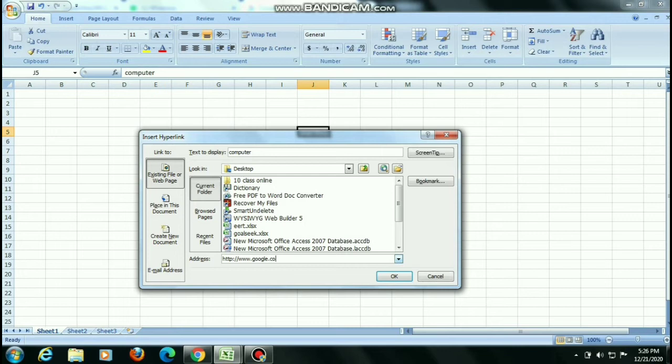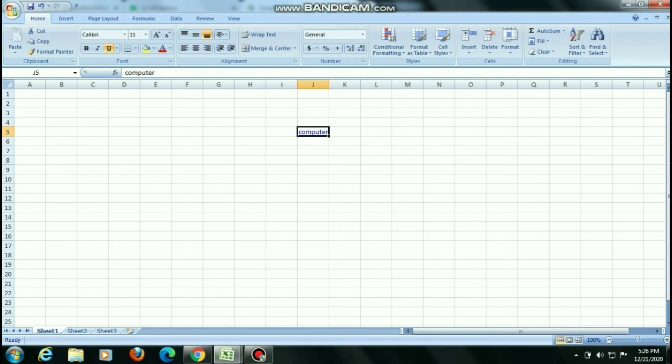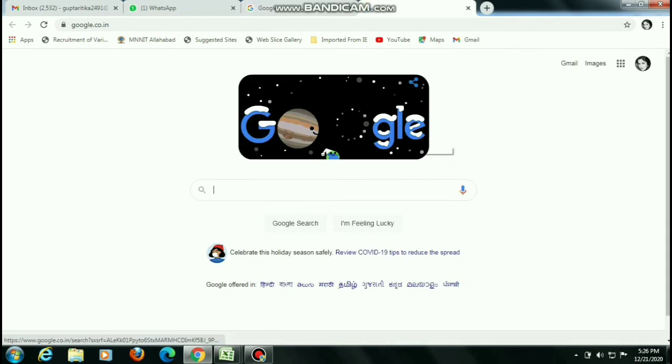When I write this, you will see HTTP is automatically there. You will place it as HTTPS. You could have done Facebook also. And then click OK. When I click OK, you will see the hyperlink computer name is there. Click on this one, and you will switch directly to that particular web page. You will see we are going to Google. Okay, so this one is the method of creating a hyperlink to web pages. Okay class, in this manner we create a hyperlink. Thank you.